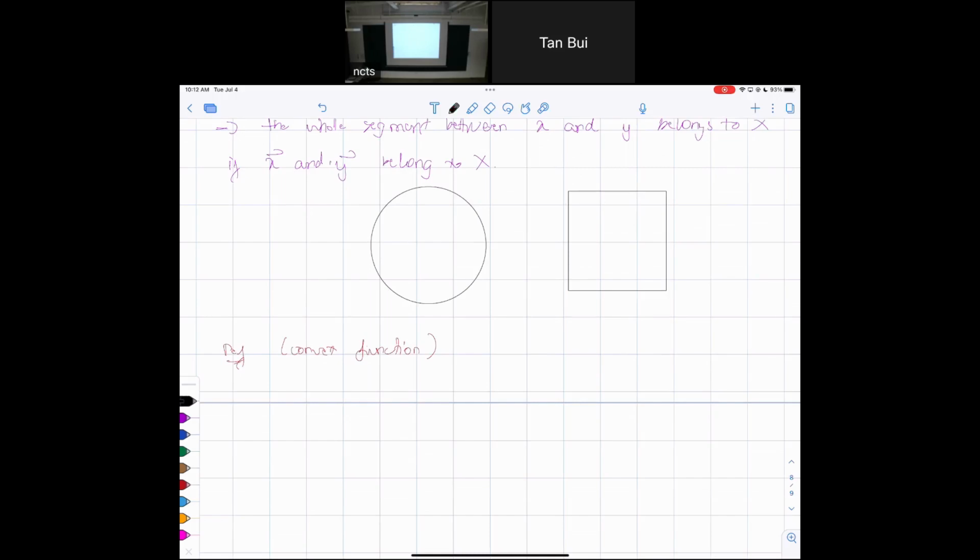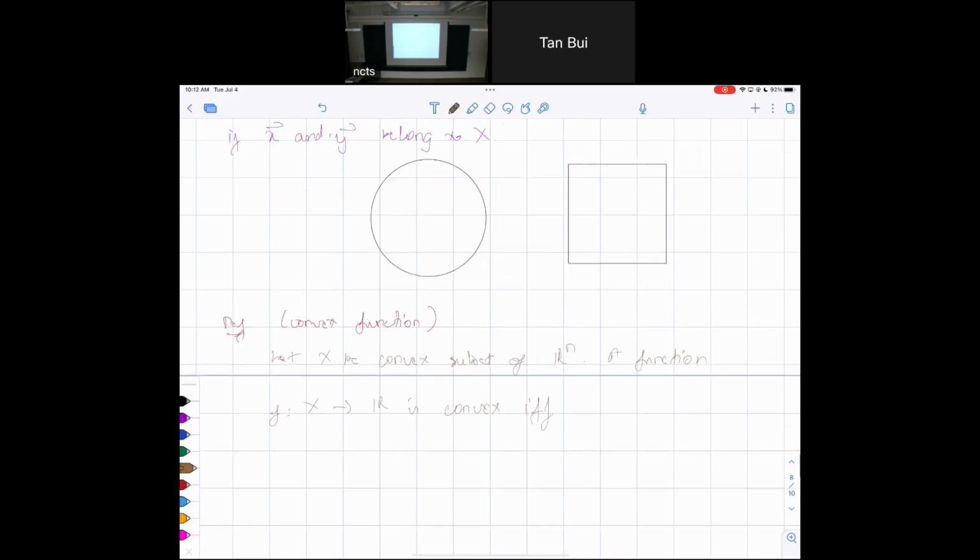First, we let X be a convex subset of R^n. A function f from X to R is convex